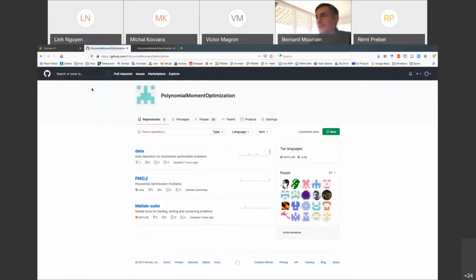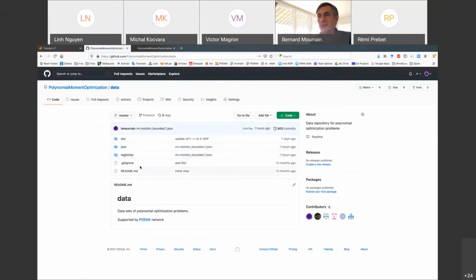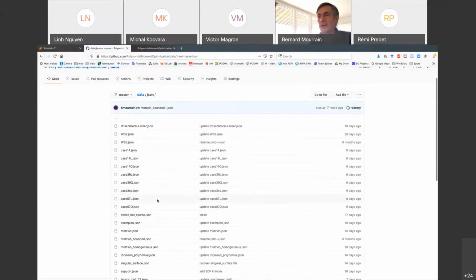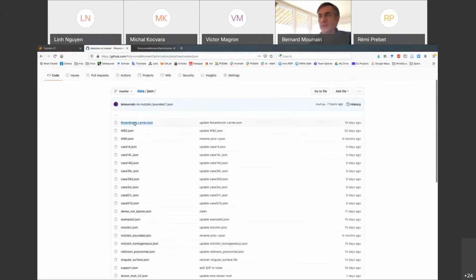In principle, you can access, and in fact also write in, this project, and in particular the data directory, which contains all the data. The files are in this folder.